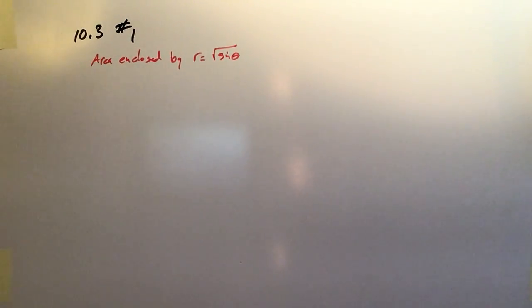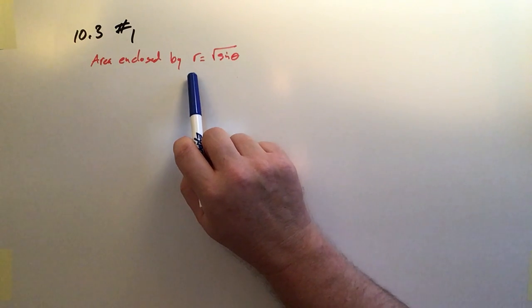Okay, this is 10.3, sample problem number 1. We're reviewing areas for functions that are polar, just because this is really going to help when we look at doing cylindrical integrals in the next section. Okay, we want to find the area enclosed by the polar function r equals the square